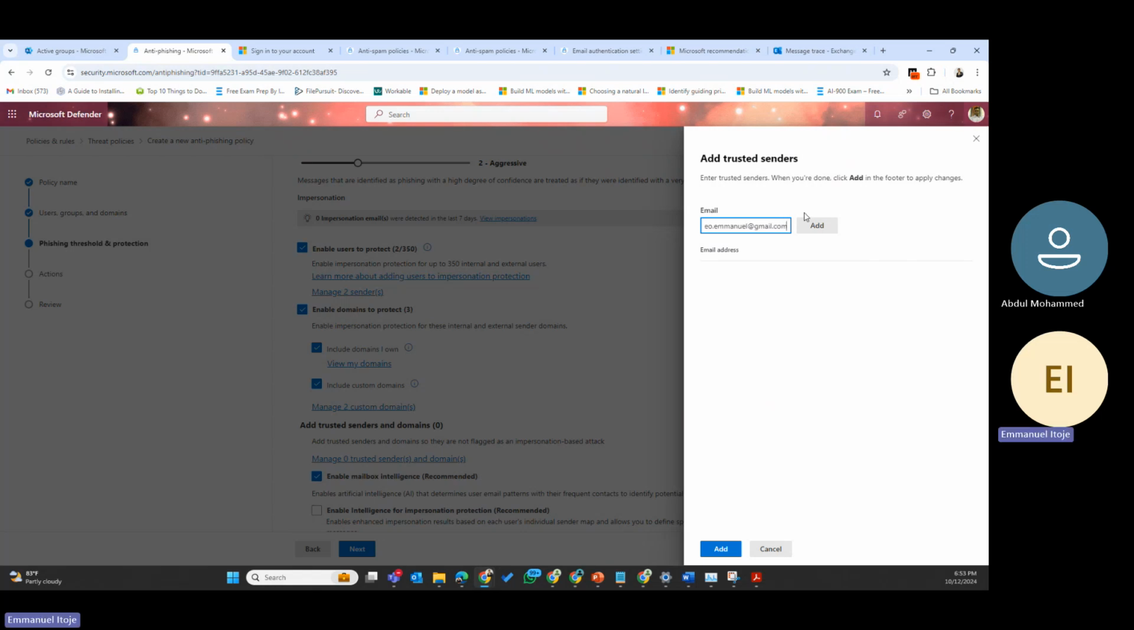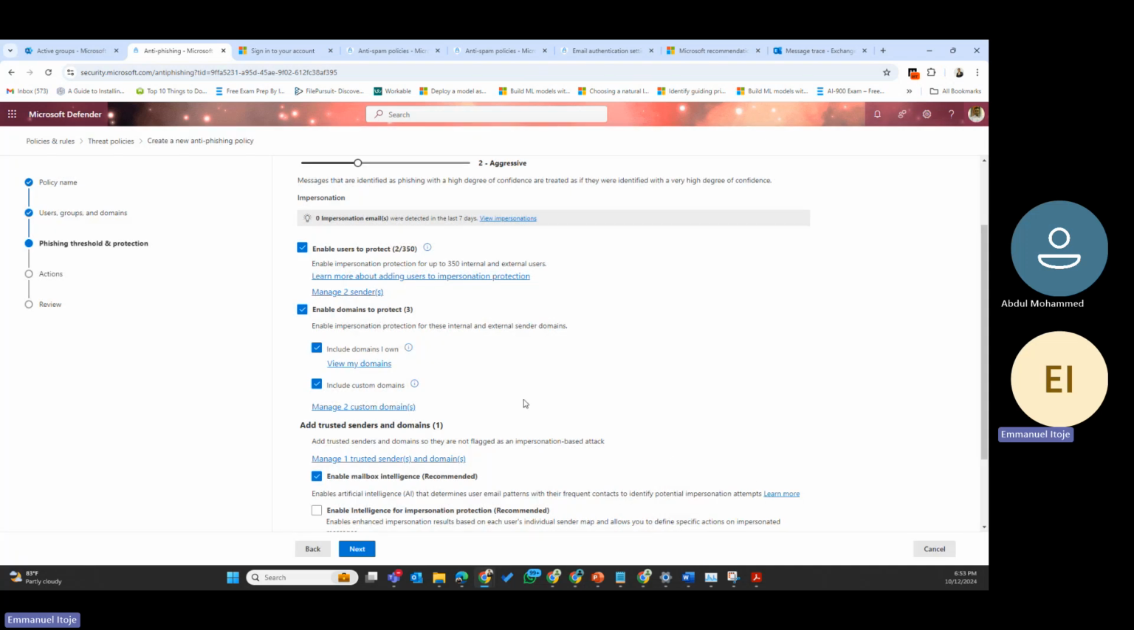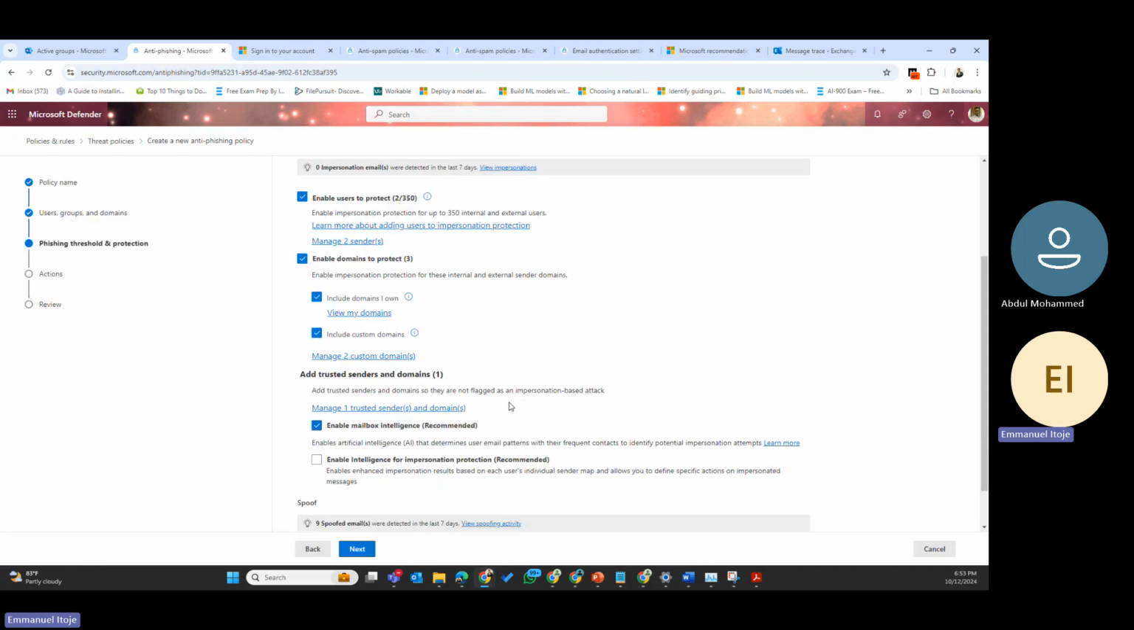Okay, let me add this guy. So this guy is a trusted sender. So I can add as many trusted senders as I want here. I click on done here. Now, after that, we have enable